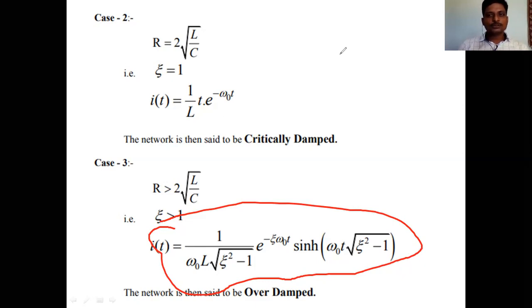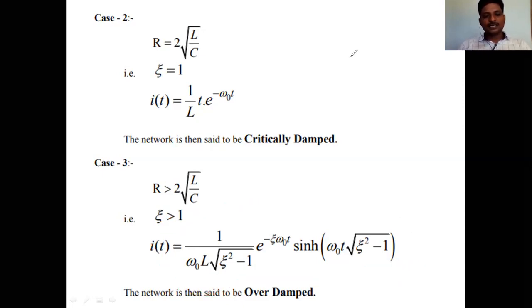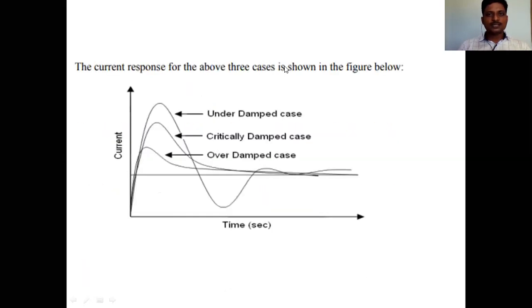So these are the solutions of each case. There are three cases. While you are solving the problem, you can fall into any one case. So if you are getting zeta less than 1, you can write only one solution. If zeta is equal to 1, you can write only one solution. Or if zeta is greater than 1, you can write one solution. So you cannot write all the three equations while you are solving the problem, but for theoretical purposes we are discussing all the three cases. Okay. So let us look into these responses graphically.